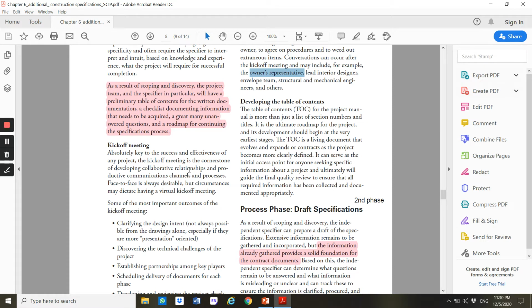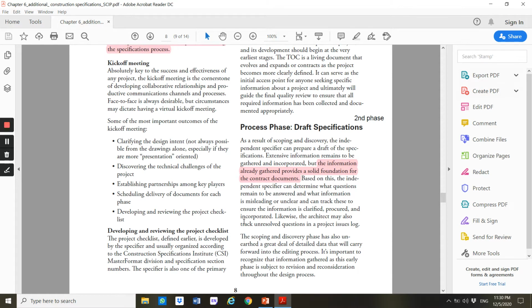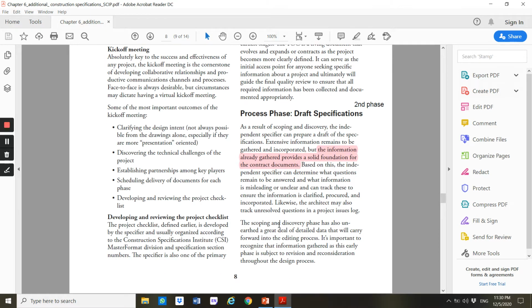And then the second stage, when you have the idea, you make the draft. Your assignment, have you started your draft? You should have, because I have commented on your table of contents. So now you should come up with a draft. You should have included all the content in it. Right, same as the draft specifications. This is the second phase.